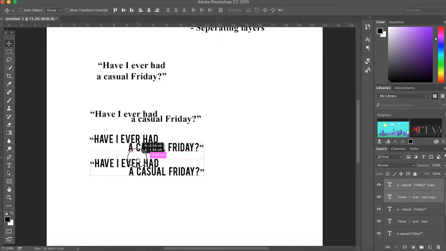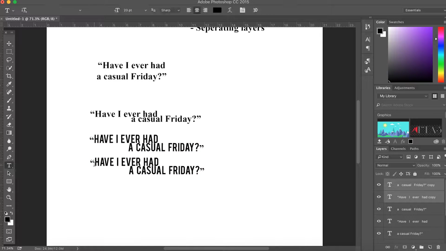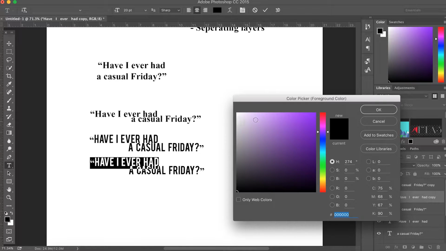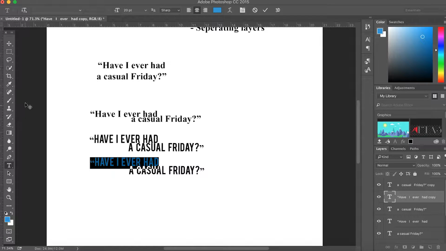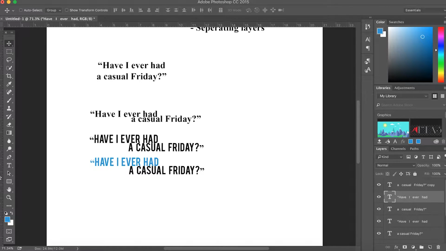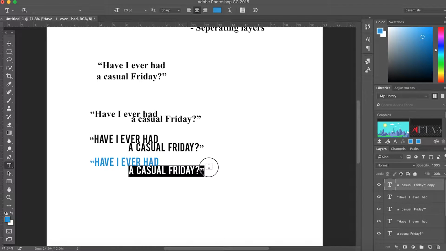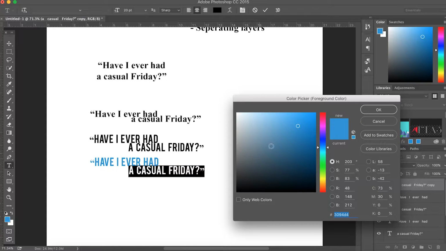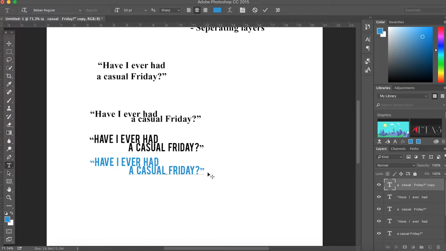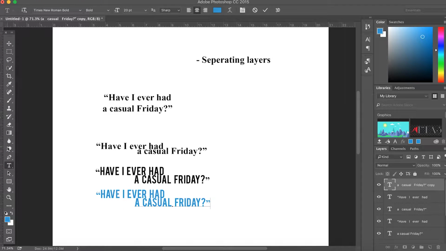Let's duplicate those again. Let's start playing with colour. We could look at changing it all to a nice blue colour. Suddenly we've got a blue pull quote there. Okay. So at the minute we've kind of got in our list here,